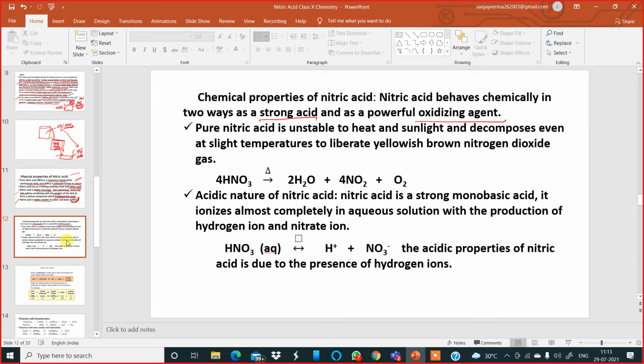Now we know pure nitric acid is colorless and it is unstable to heat and sunlight, and decomposes even at slight temperatures to liberate a yellowish brown gas called nitrogen dioxide. Here, nitrogen dioxide gas, yellowish brown in color. Acidic nature. Nitric acid